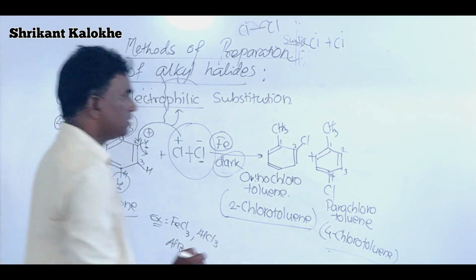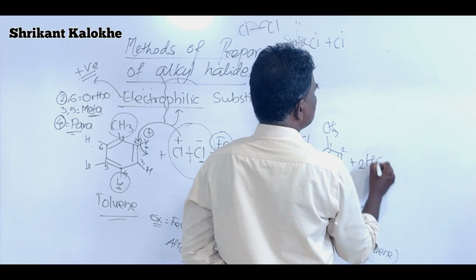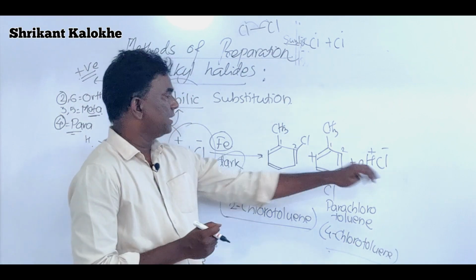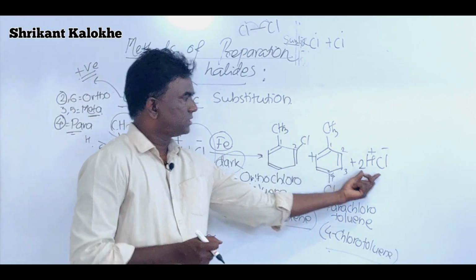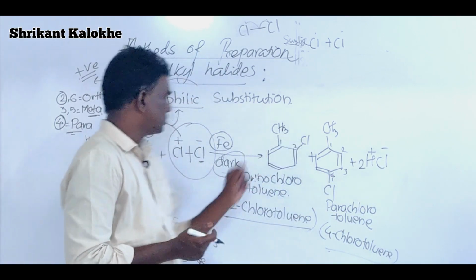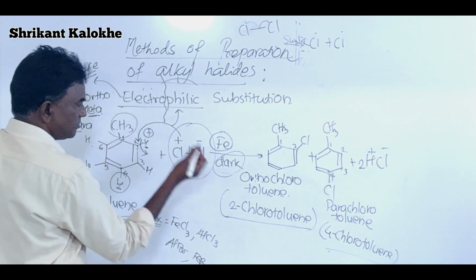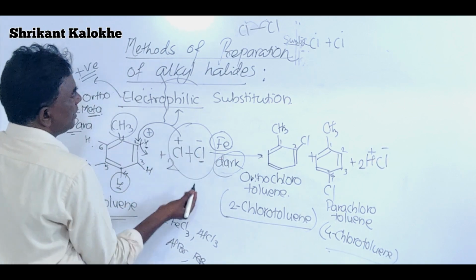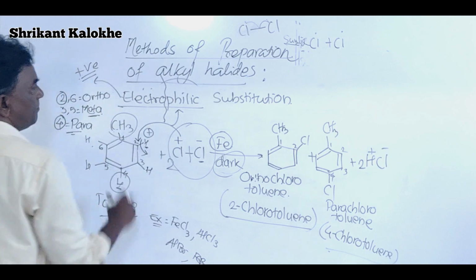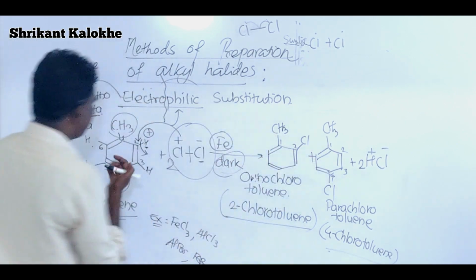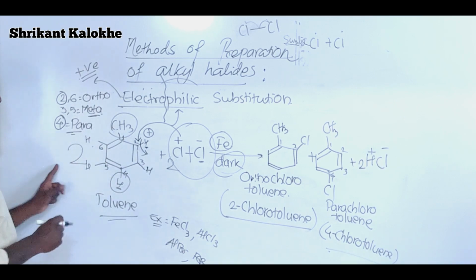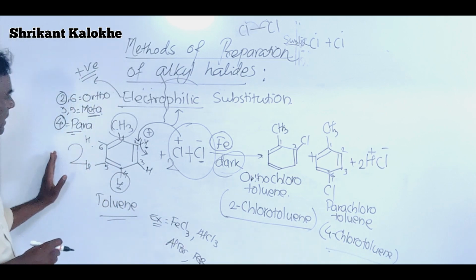And the side product, because those two hydrogens which are removed in those products, two hydrogens would combine with those two chloride ions and they would form two molecules of HCl, H plus Cl minus. So count the number of chlorine here: 1, 2, 3. So we need here 4 chlorine atoms in the molecule, so twice of chlorine. We will write 2Cl2. And as you can see here, 2 benzene rings are there. That means we have to take 2 toluene molecules and write coefficient 2 here. In this way, this reaction gets balanced.